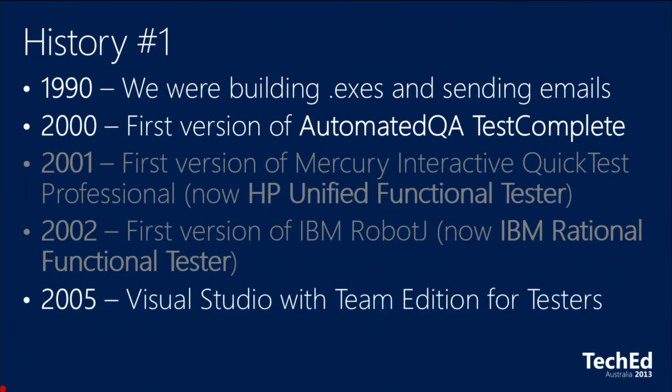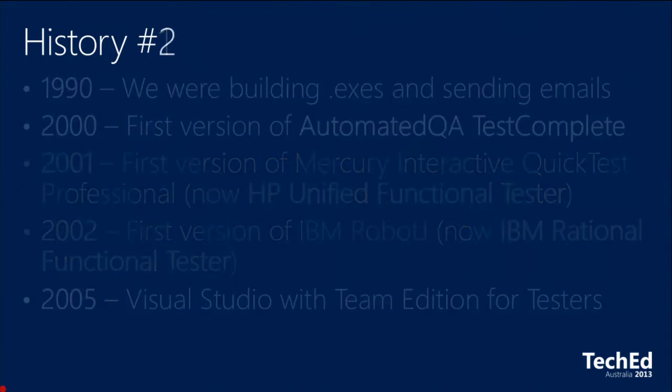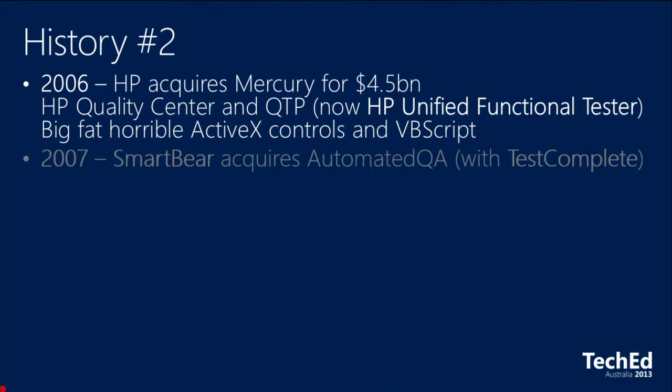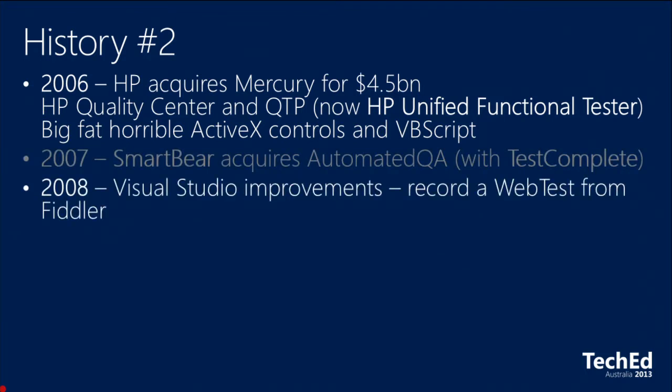So Microsoft came along in 2005, a few years late, and as usual, the first version was pretty ordinary. And then came 2006, big developments in the market. HP acquires Mercury for $4.5 billion. So it's a lot of money for a fairly new market. And it was a pretty fat ActiveX control. It wasn't particularly nice. 2007, SmartBear acquires Automated QA, and then Visual Studio released 2008 with what you might call